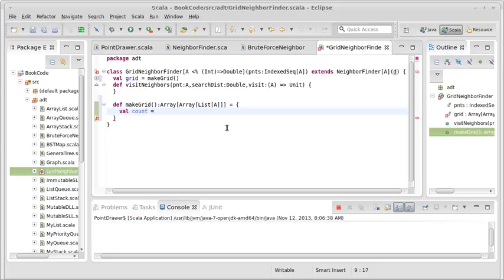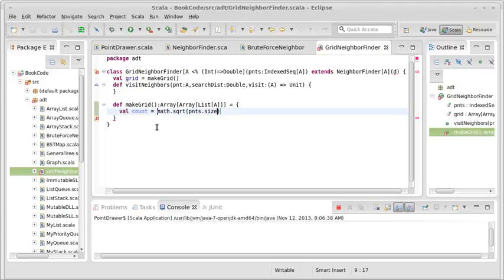So if I'm going to have number of bins by number of bins, then the number of bins is the square root of the number of points, which gives us a